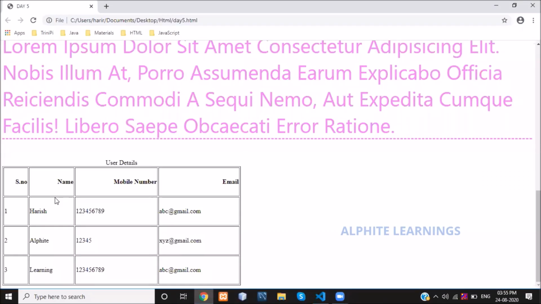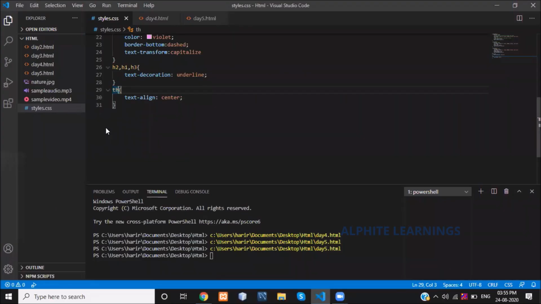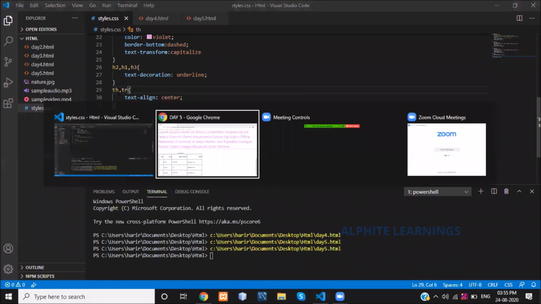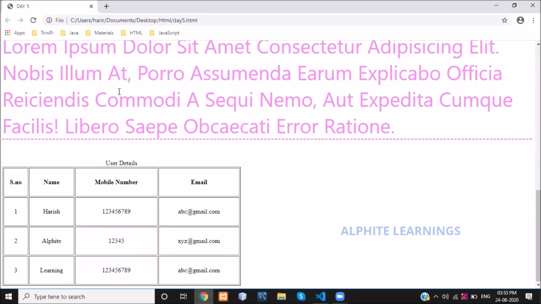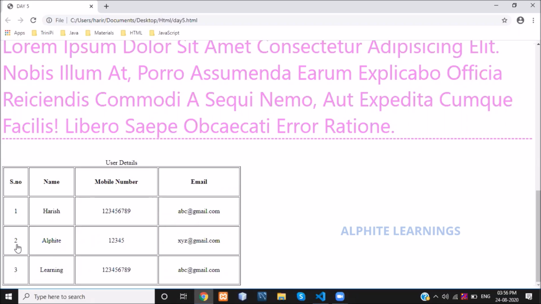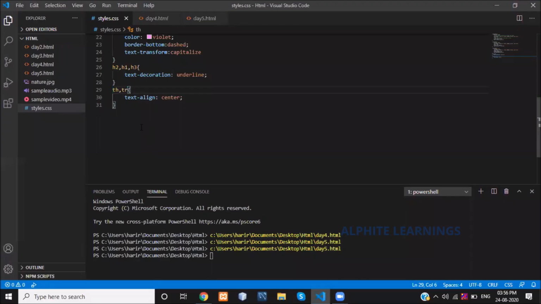For my data portion also I want it in the center, so simply give a comma here and add tr, so my text is in the middle portion. Whatever three data you have displayed here are now displayed in the center. With th, tr, my table header and table row will be aligned in the center part.